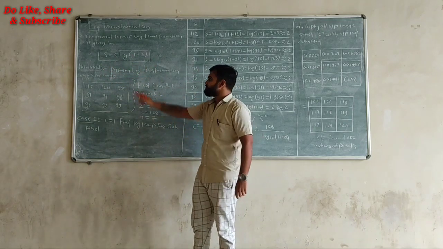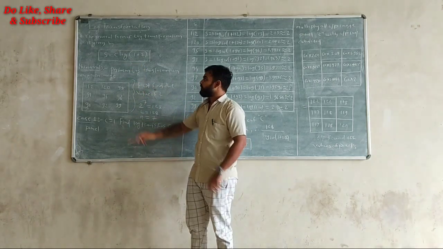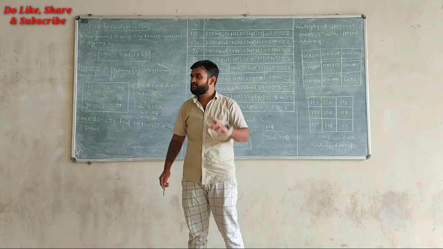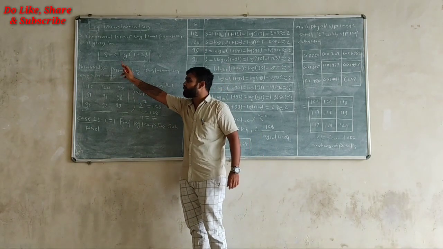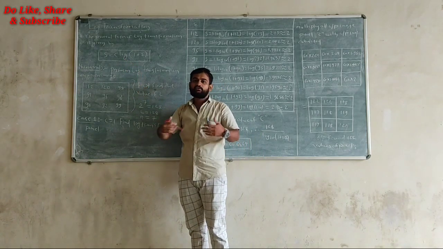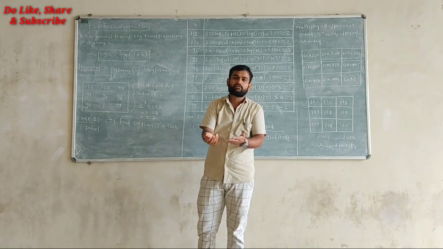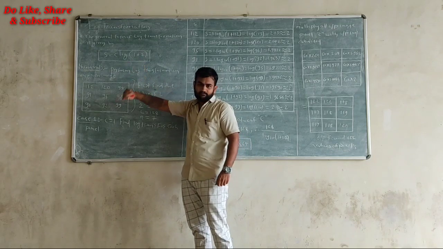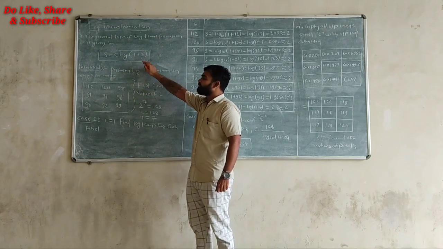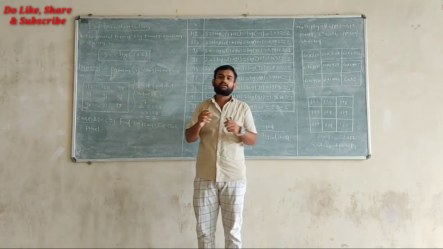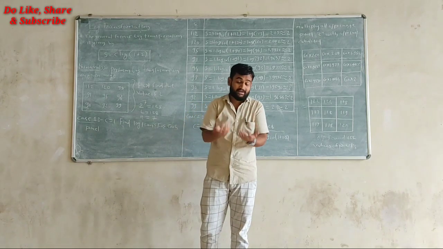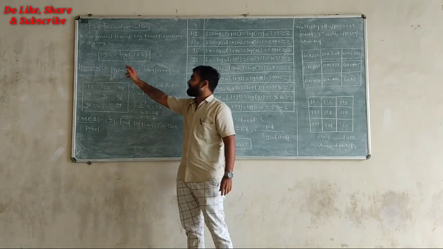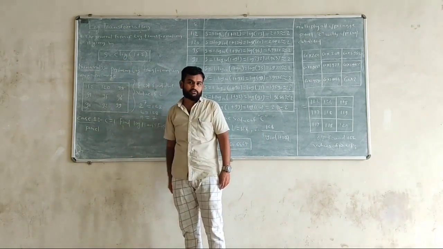Now why do we have this kind of formula? Why have we taken log of 1 plus R? As we told in the earlier video lecture, if we consider the value of log 0, it is not going to be 0, so because of that we considered 1 here. With that, the R value always needs to be greater than or equal to 0. Similarly, C is a constant value.